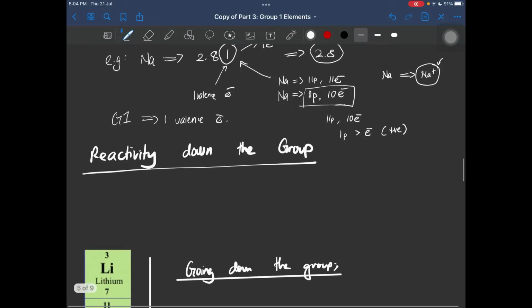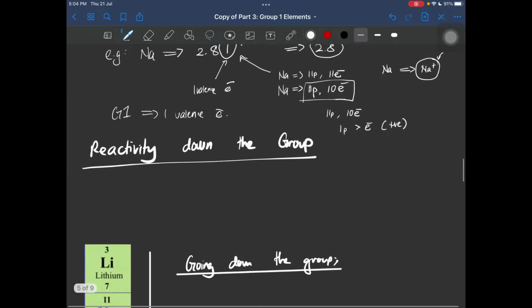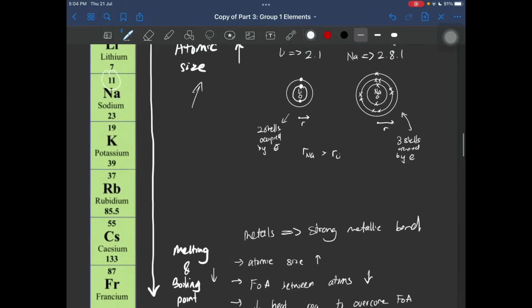So now let's discuss the reactivity down the group. When we want to discuss or compare the reactivity of elements down the group, what we have to know is that we're going to compare the tendency of the atom to either release or accept electrons, right? If we go back to the overview here,